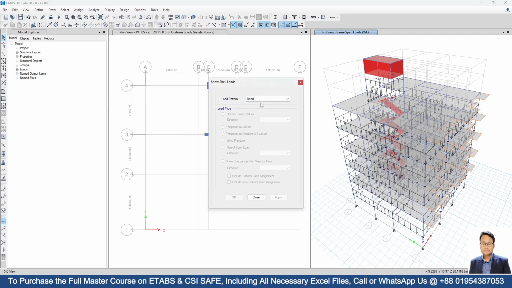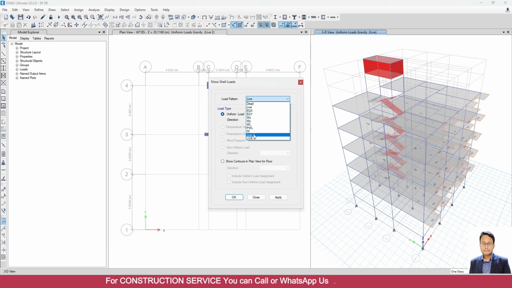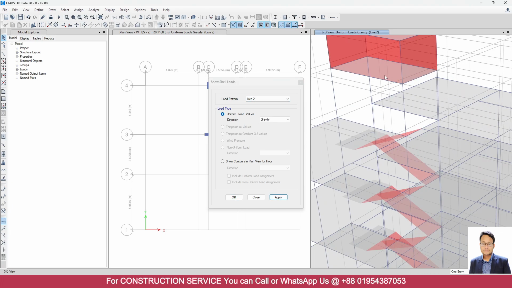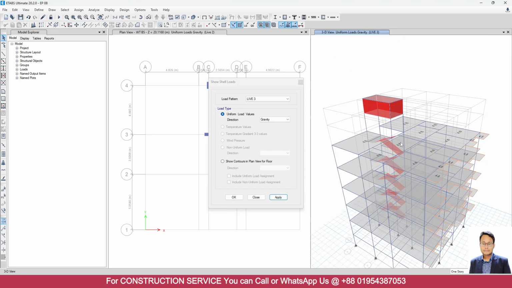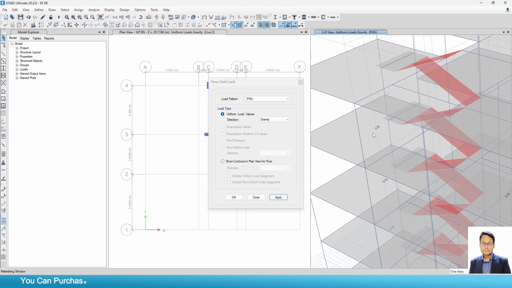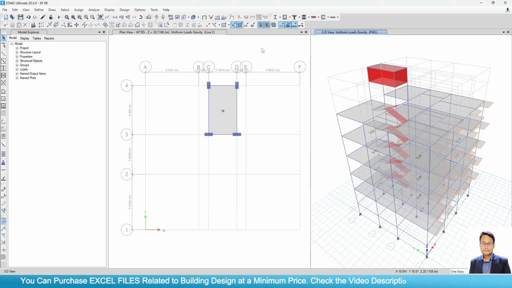At first we can see dead load, which is the self weight of the panels. Then go to live load. We have assigned 2. Somewhere we have assigned live 2, which is this one 18, and live 3 for roof. Then check partition wall load also, which is 2.37 excluding the roof. That means today we have completed assigning all types of dead load and live load